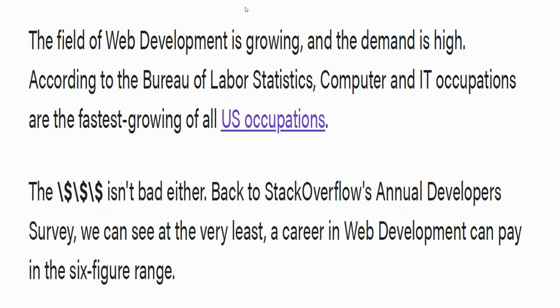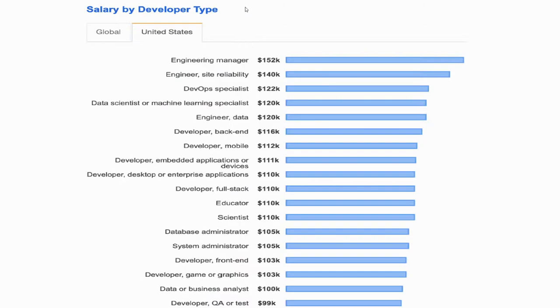The thing about web development, as me and Mr. Tochi were discussing earlier, is that the industry is ever growing. The industry is ever growing. The demand for web development is high, and there is money in web development. Web development is the new oil money, honestly. And you can see this is a chart about web developers, let me just say developers, in the United States and